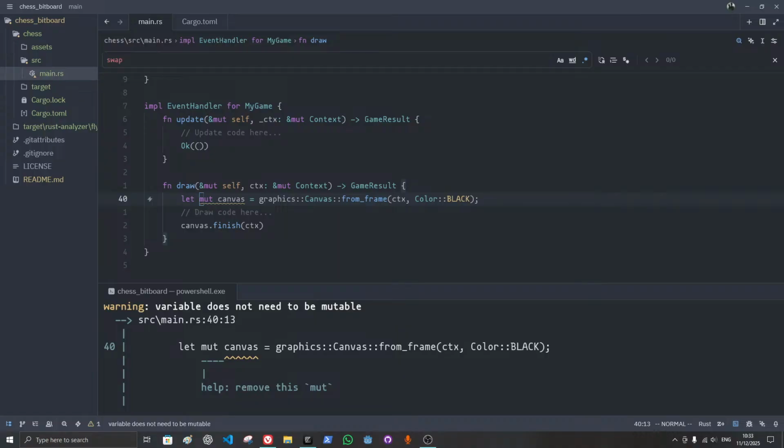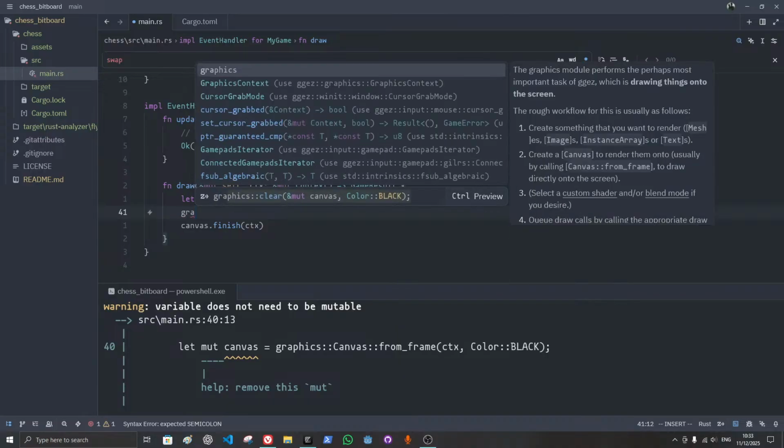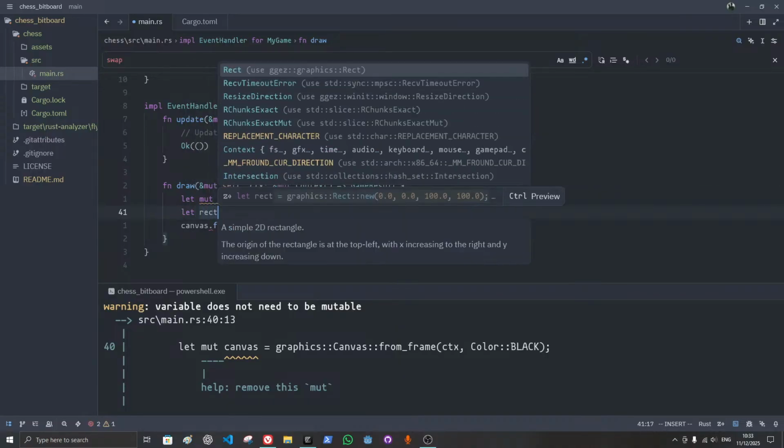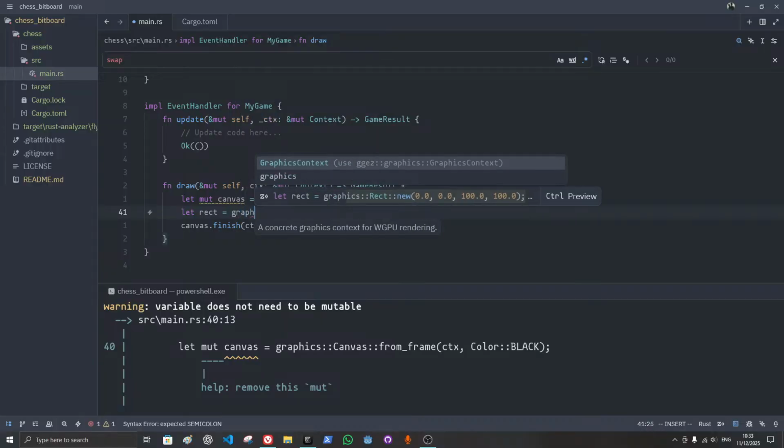Graphics, rectangle new. Okay. Let rect, graphics